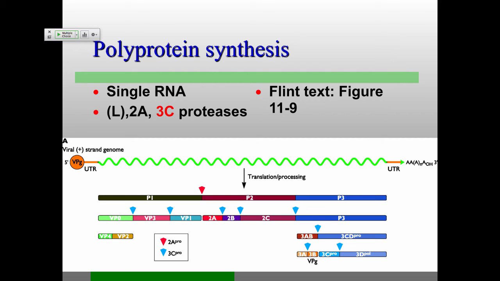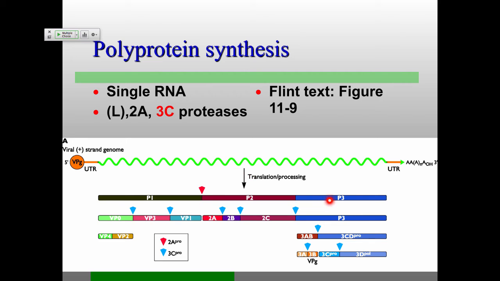So let's focus in a little bit more on the polyprotein. Again, it's a slightly different figure. This is from the Flint textbook, but basically showing exactly the same thing. What gets released inside the cell when you have infection is this RNA with a protein attached to the end. It's positive strand RNA virus with the IRES and a poly A tail. What that means is you just need that RNA in order to get virus replication. So if you can get that RNA inside the cell, you're going to get virus replication. First thing that happens, due to that IRES, is you have translation. So you end up with this massive, long, again, about 1,000 amino acid protein